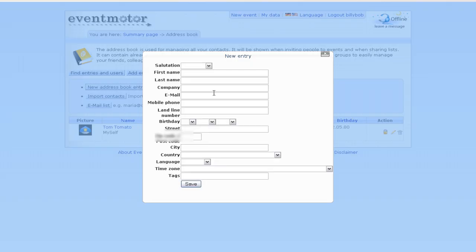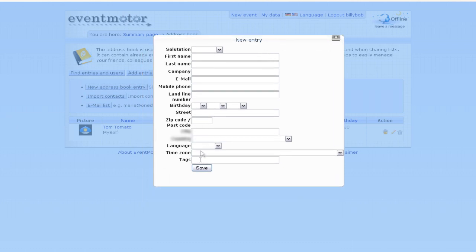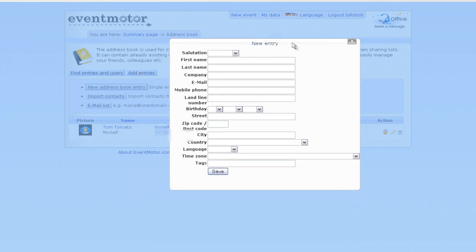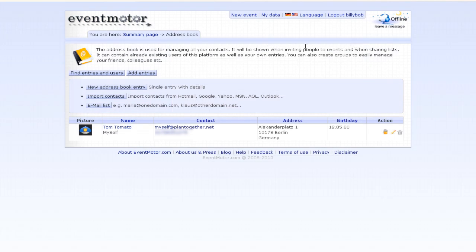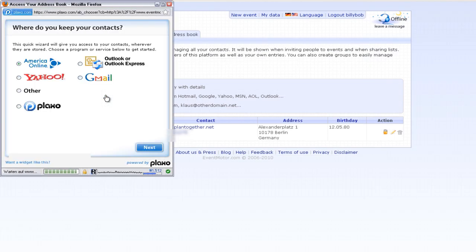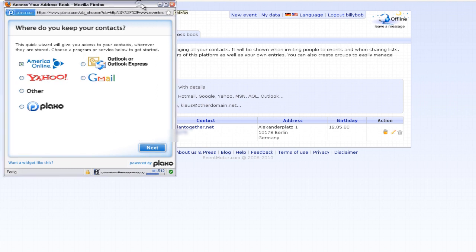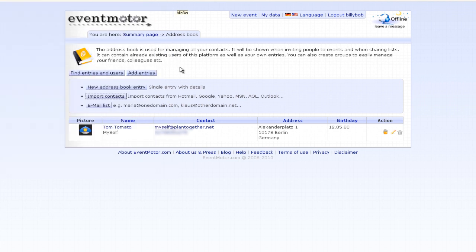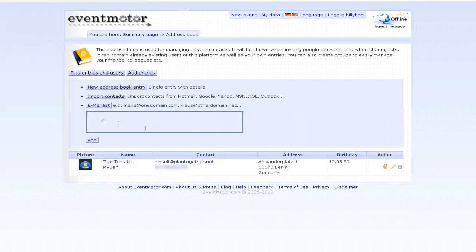So we can add a single entry here for a new person we want to invite maybe later on. We can import contacts. So we have a Plaxo plugin. The Plaxo can import from your Outlook, from Gmail, from Yahoo, and also from files. We support this interface, and you can just import your Plaxo contacts, or you can just copy paste your email